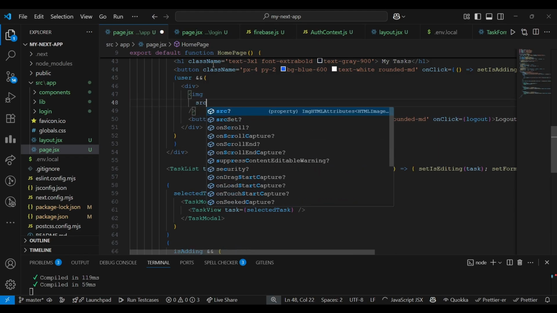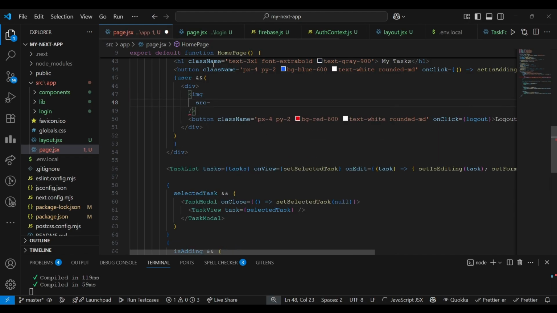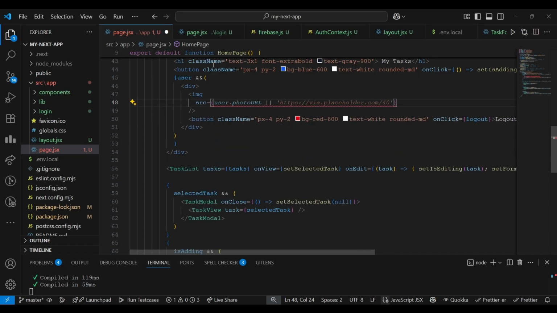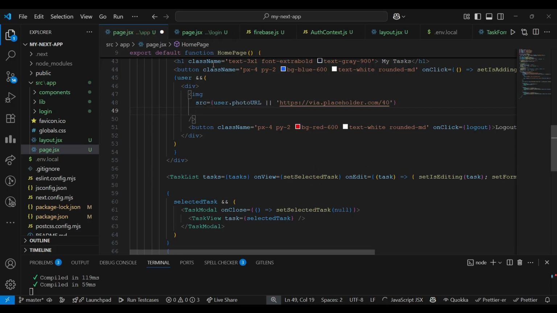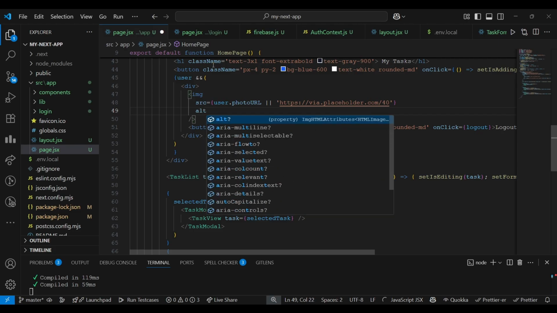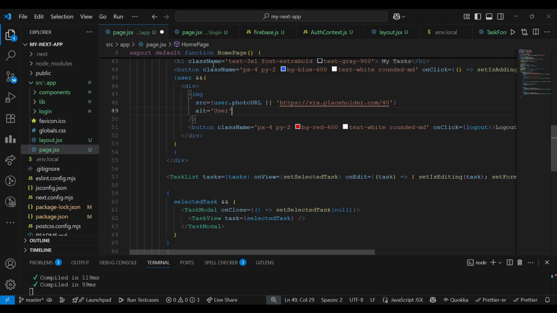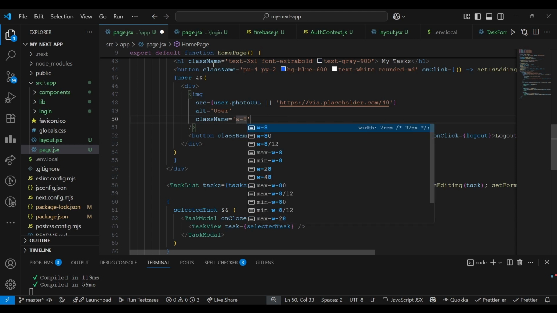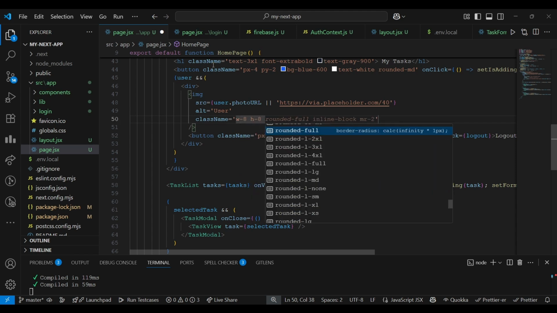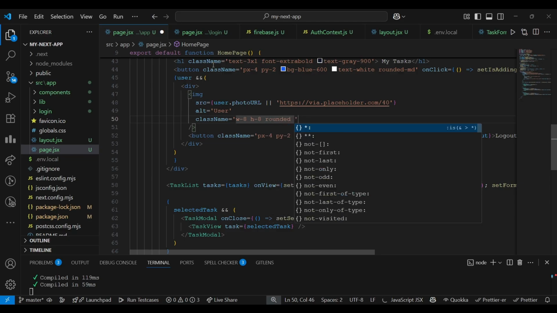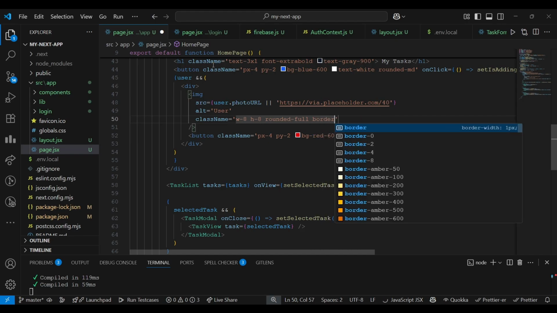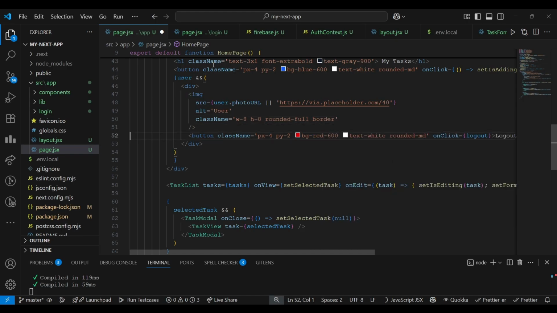Now I need to configure the source here. For the source I want to use user.photoURL, just what I'm getting from Firebase. And now I need to configure the alt, just putting the name as user. For the class name, I make the width 8 and the height 8, fully rounded, and the border gray by default. Yeah, if I click on save,